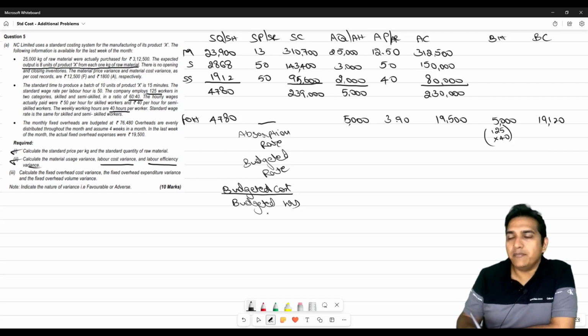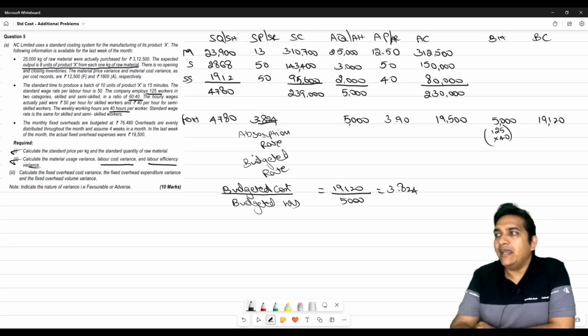Budgeted cost divided by budgeted hours. What is my budgeted cost? 19,120 divided by what is my budgeted hours? 5,000. So 19,120 divided by 5,000, we get 3.824. That is my standard rate,